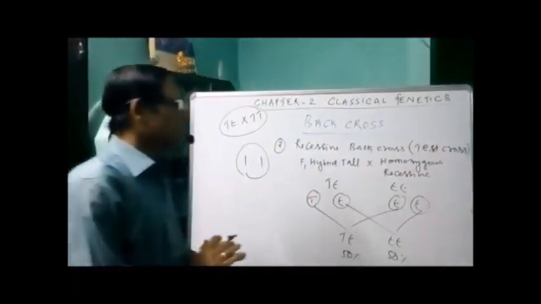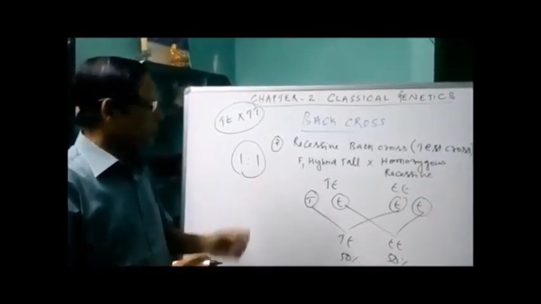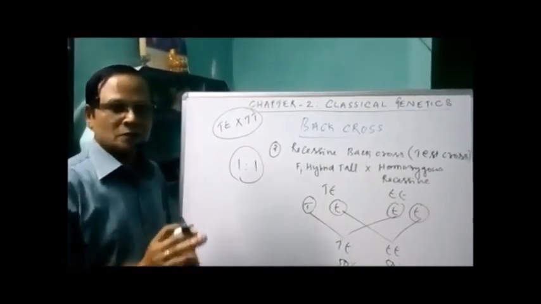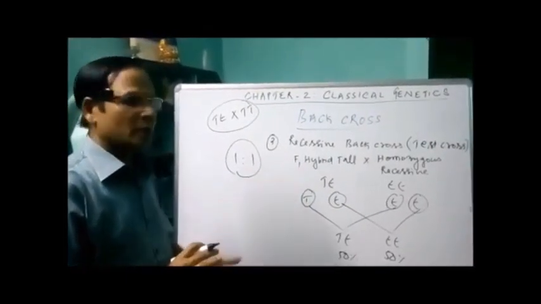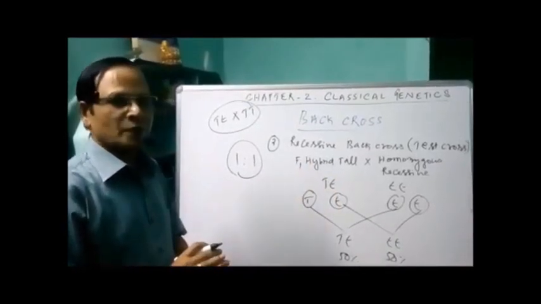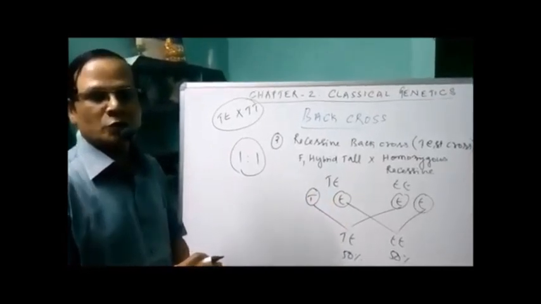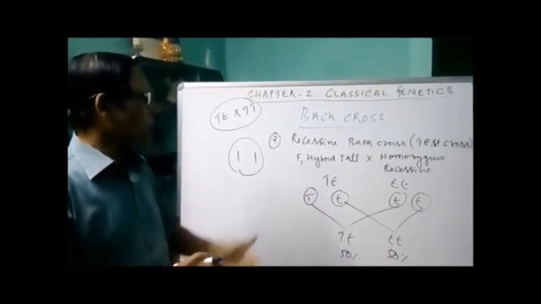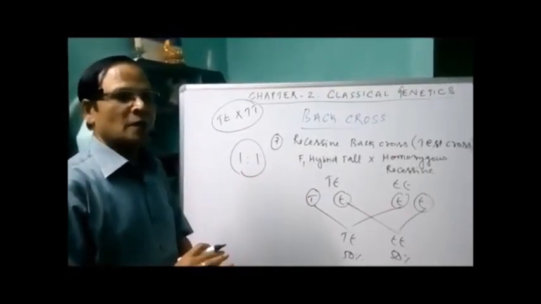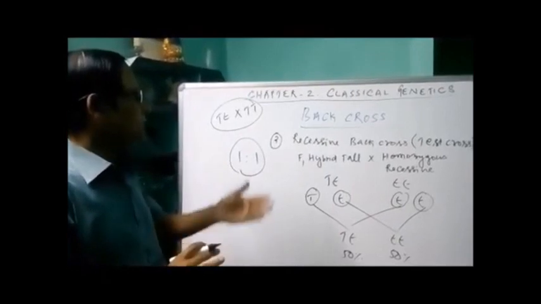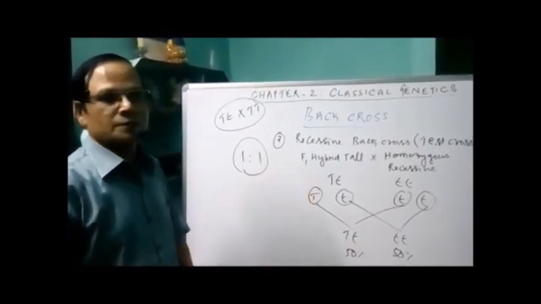So now we are doing the test cross for monohybrid cross, hence called monohybrid test cross. A test cross is a recessive back cross in which the heterozygous or F1 hybrid is crossed with the recessive parent, leading to the formation of dominant and recessive characters in the ratio of 1:1. This shows that the dominant parent is heterozygous, and we can conclude this test is used to find out the nature of the dominant parent, hence called test cross.